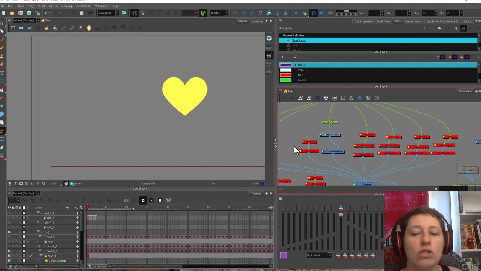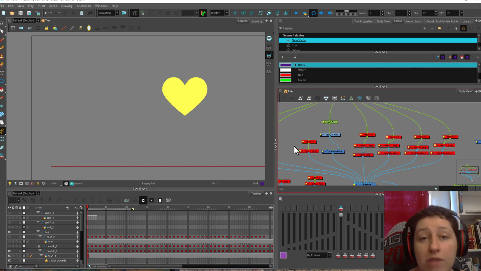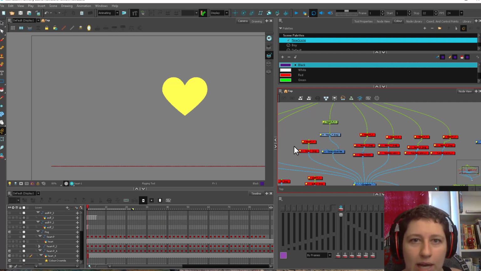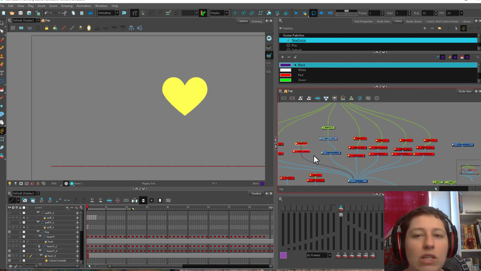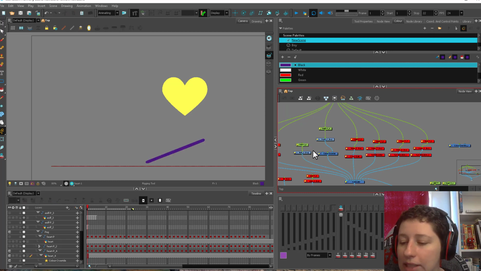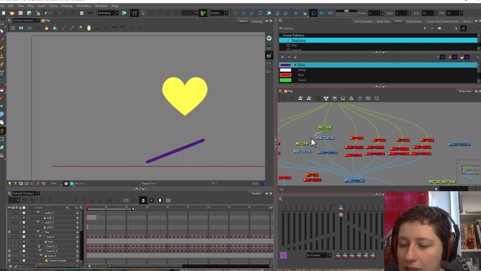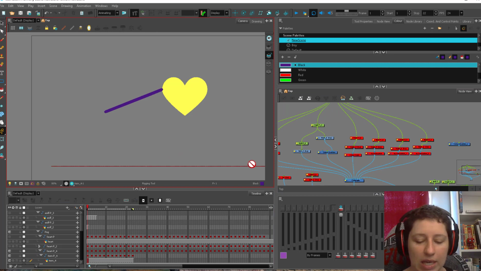So what I want to do today is just talk about the things you think about when you're doing follow-through action or an appendage attached to an item. That way you can attach anything to any of your items and have an idea of where to start at least. So I've already animated a little stick because I was thinking about how I wanted to go about this.